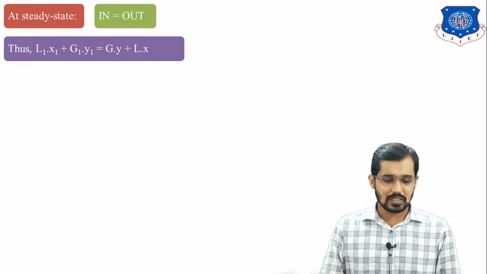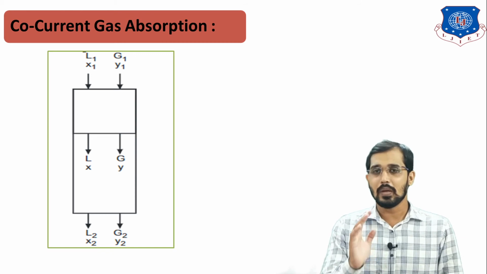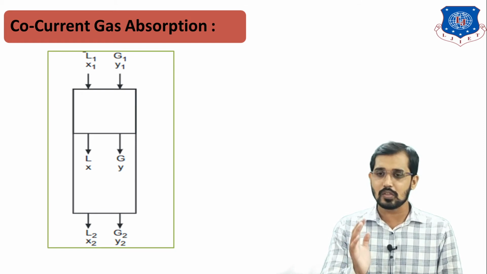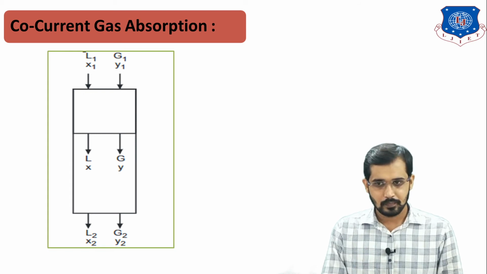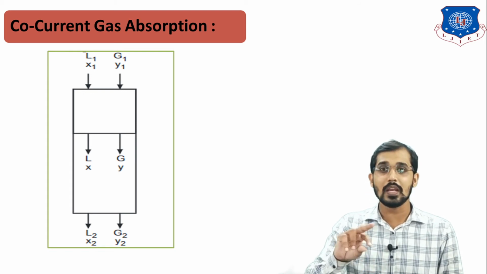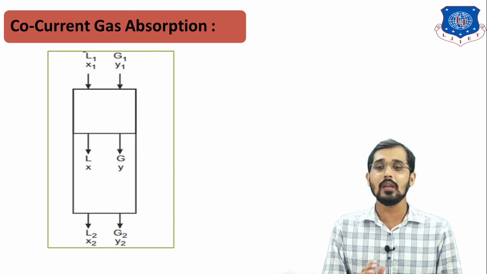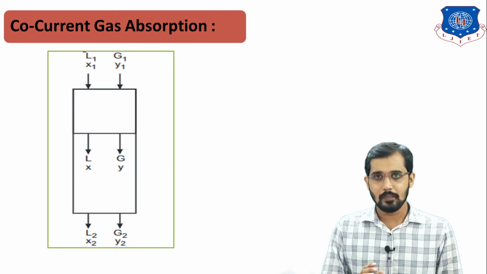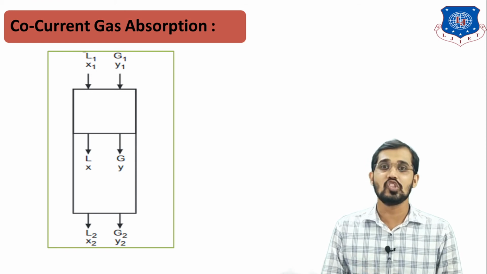After that, just take the material balance. You can see in the previous figure, you have to take here material balance. We know that this is the steady state operation, so inlet is equal to outlet. Inlet is nothing but, you can just observe in this figure, L1x1 plus G1y1. I am taking this material balance over the envelope, that is nothing but Lx and Gy only, not L2x2 and G2y2. So material balance is L1x1 plus G1y1 is equal to Lx plus Gy.